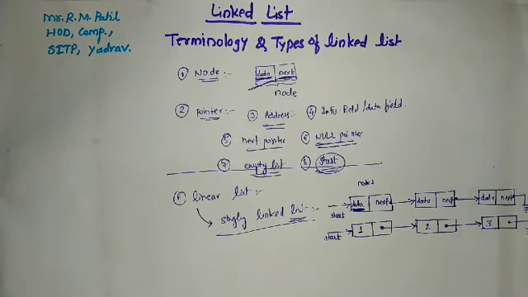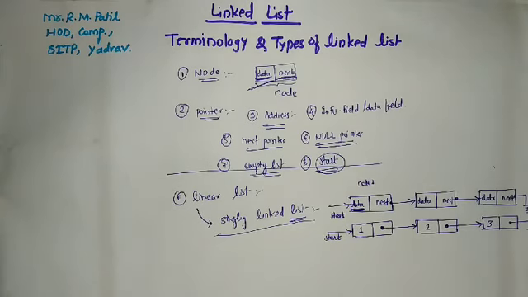The advantages of the singly linked list are, first, accessibility of a node in the forward direction is easier, and second, insertion and deletion of nodes are easier. And if we check the disadvantages of a singly linked list, first, accessing the preceding node of a current node is not possible as there is no backward traversal, and second, accessing a node is time consuming.